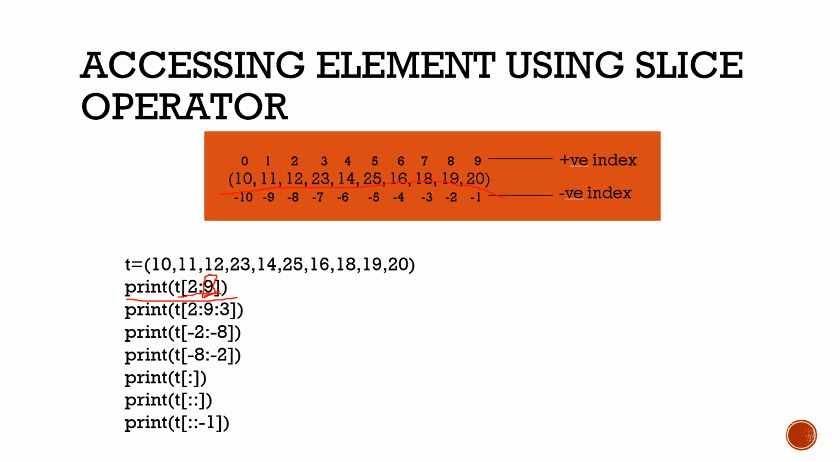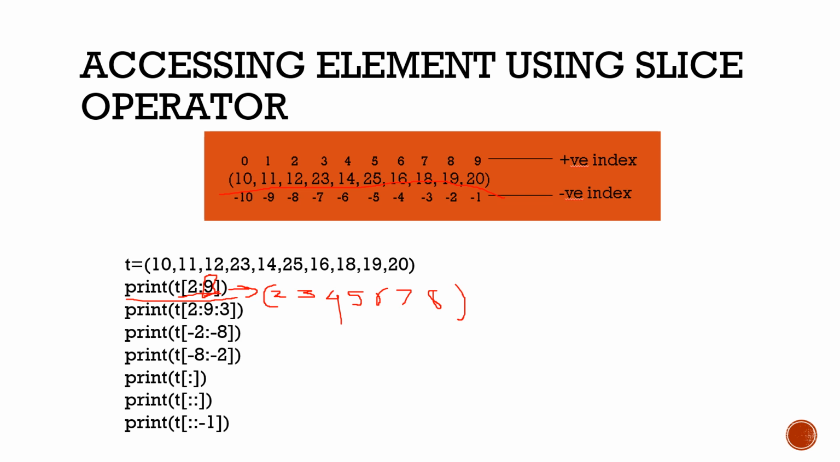So 2 to 9, and by default the step value is 1. So 2 to 9 means I want to start with 2 and reach towards 9 minus 1, because 9 is an excluding value. I do not want to focus on 9, I just want to move towards 8 only. So it is going to return the values present at 2nd position, 3rd position, 4th position, 5th position, 6th position,